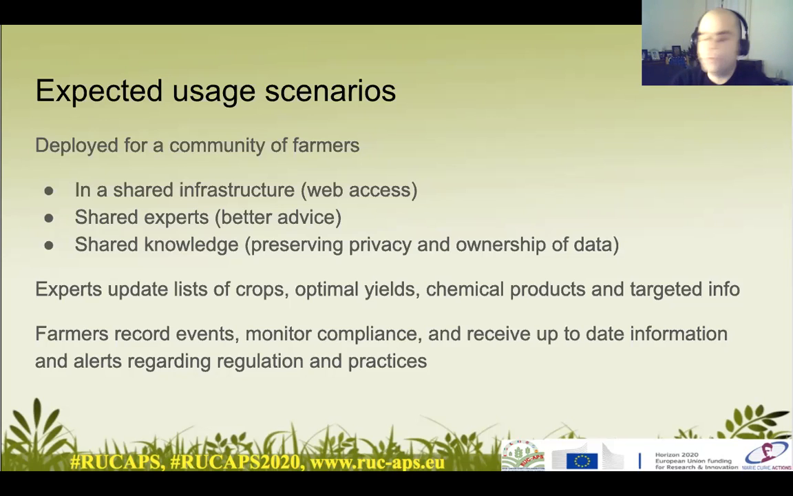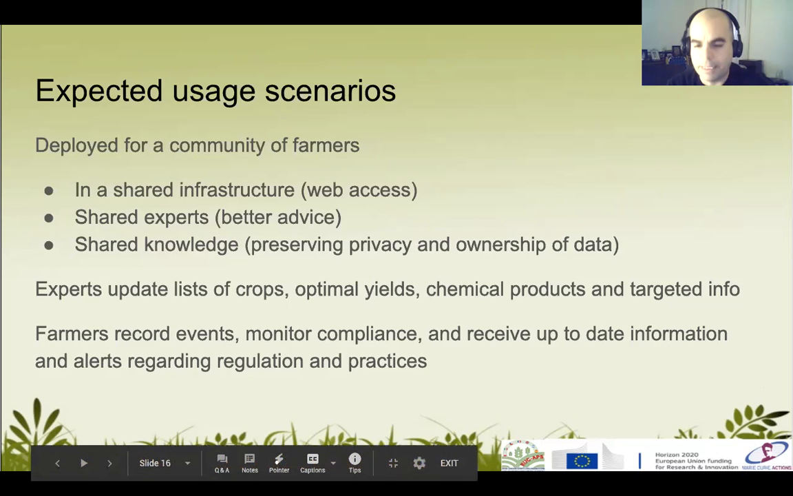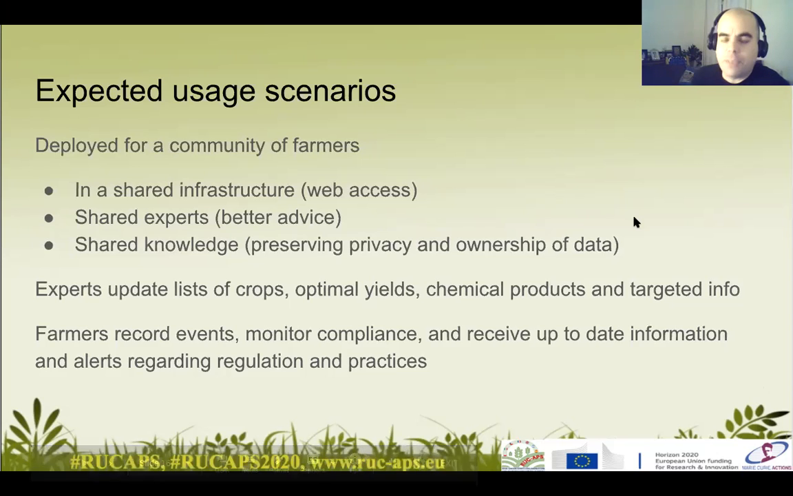And the system has two profiles of users. Experts, agronomists, those that currently visit farms to advise farmers, will keep an up-to-date list of crops with the optimal yields of these crops, and most importantly, with the chemical products that are allowed in the regulation of the area. And of course, they will give advice targeted to the needs of the farmers they advise. On the other side, farmers will keep a detailed record of events in the farm, will use the alerts of the system to monitor compliance, and will receive from the expert that advises them up-to-date information about regulation changes in the area and alerts about pests or best practices. Next,